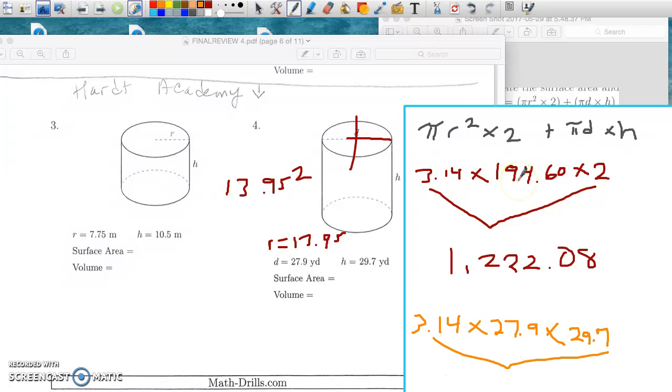Okay, multiply all those. 3.14 times 27.9 times 29.7. Okay, that answer is 117.306. I'll just keep it there. So that means the last thing I'm going to do is add them together, adding these two numbers together. Okay, when I do that, I get about